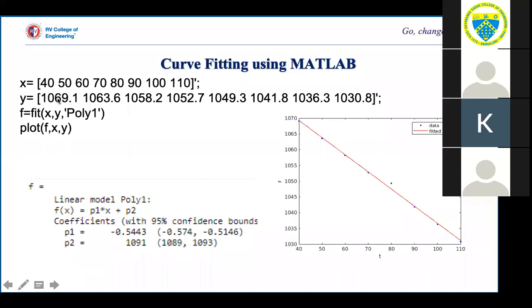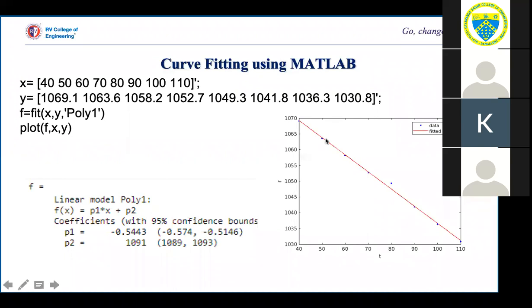Anyway, I'll just not run the code, you are already familiar with. You just have to type this and see. This is the output I'm getting. It will give you the values of a and b, the ax plus b form. Instead of a and b, it has used the notation p1 and p2. So these are the values. And finally, the equation, let us see the previous answer. Hope it is matching. Yes, it was 1091 and minus 5422.